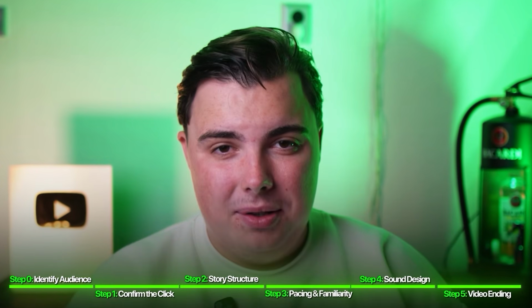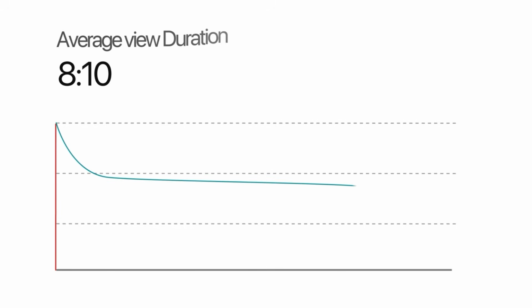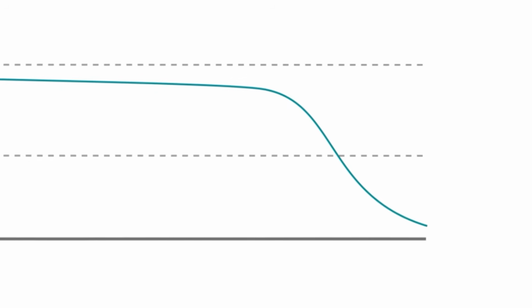Did you ever look at a retention graph and see all the way at the end that it just crashes down? That's because the viewer already got the payoff and you just took way too long to end the video. Too many creators, for sure the beginner ones, don't realize that the viewer only clicks for the payoff. So once they get the payoff, they're just done watching. So here's what to do. Try to end on a high note. And whenever the goal is reached, just end the video as soon as possible. The curiosity drops right away when they know who the winner is or what they win at the end, what the end goal is. And then the video just feels over for the viewer.